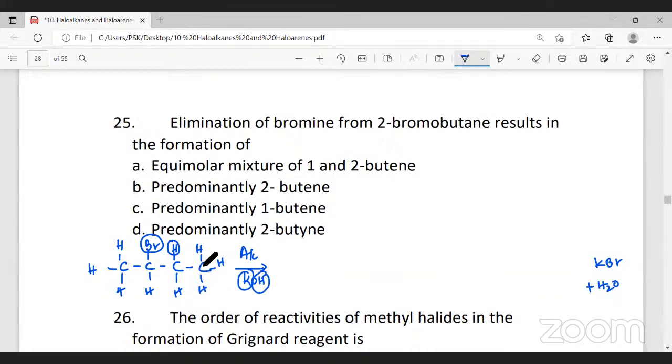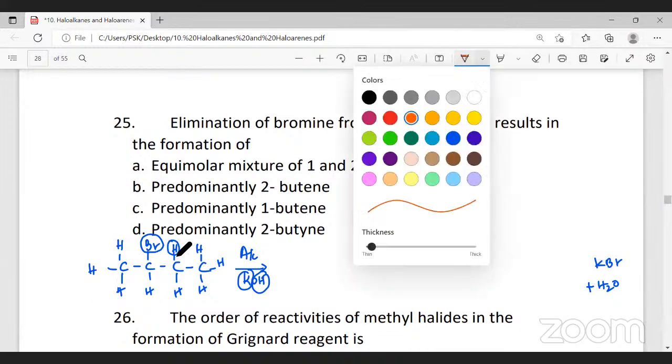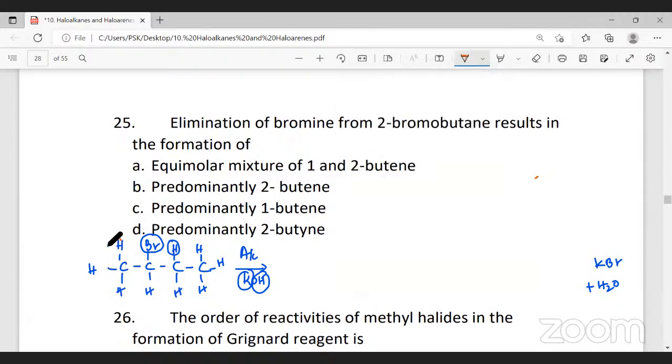All right, this is the first possibility. I'm telling you the second possibility. Instead of this hydrogen, one of these hydrogens, because this is also neighboring, can be eliminated instead of this. Now, before we talk about this,